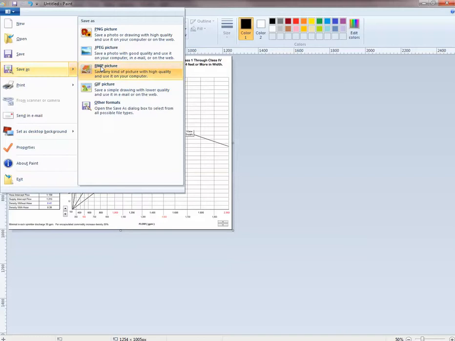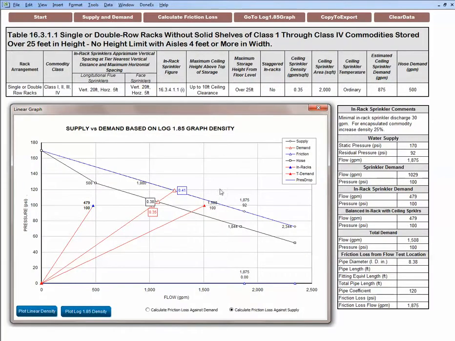You could save it as a bitmap. Some companies prefer bitmap, other companies do not. So decide what you're going to save it as, and then save it, and then attach the data as pictures to your report. I'm going to go back, and now I'm going to